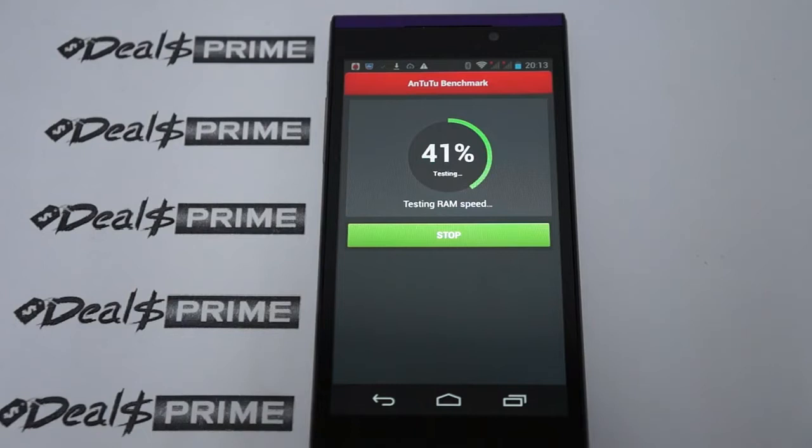Today we're running a live Antutu benchmark test for the Foxconn InFocus M512, and yes, this is a phone made by Foxconn. Many of you probably know that Foxconn also makes the iPhone and Samsung and many other name brand phones. So I guess this is one of their first models. They're coming out with two models, and the InFocus is their series or their line, and then this is the